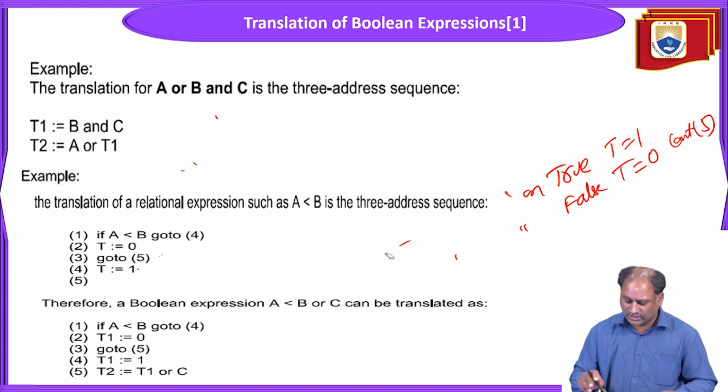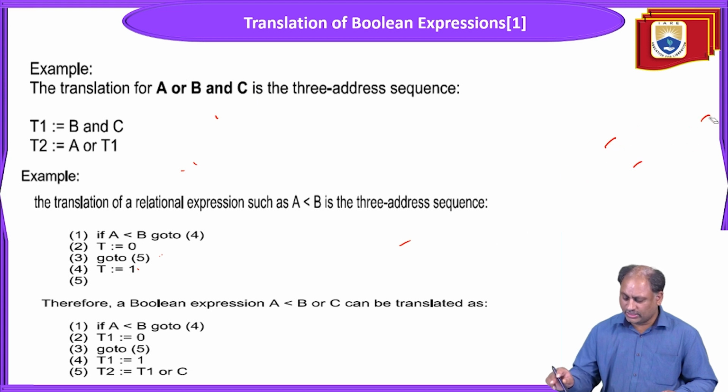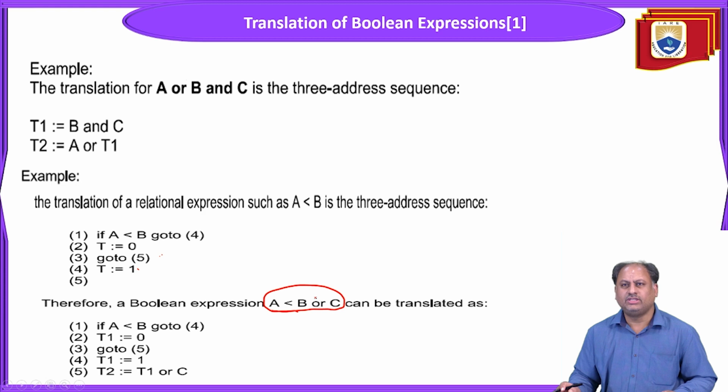that is A less than B or C. So here A less than B or C, there are three, that means one operator, another operator. So we have to cut it down into a 3 address sequence in such a way that it is converted into a syntax direction. So if at all the condition is true, A less than B,